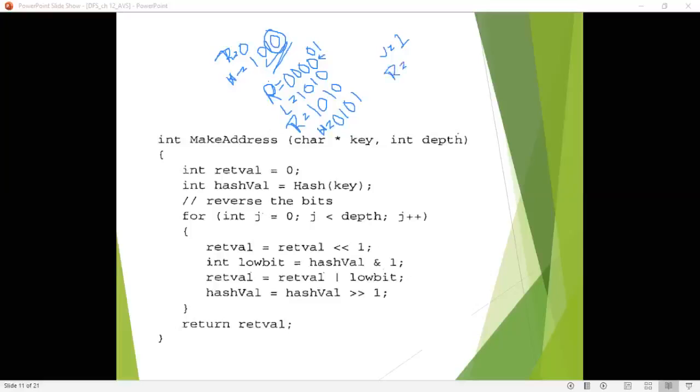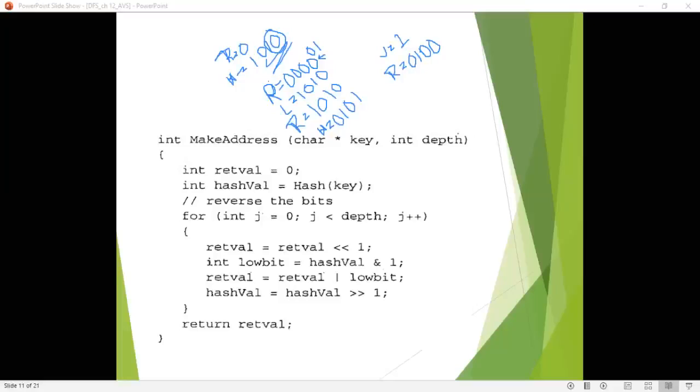The value of return value from the previous loop iteration is 0 0 0 0. You have to left shift this by one position, and add 0 to the right when you are doing the left shift, isn't it? This is your return value now.